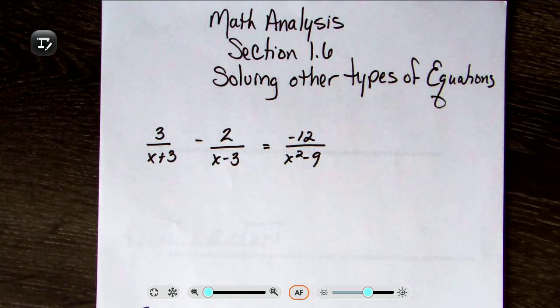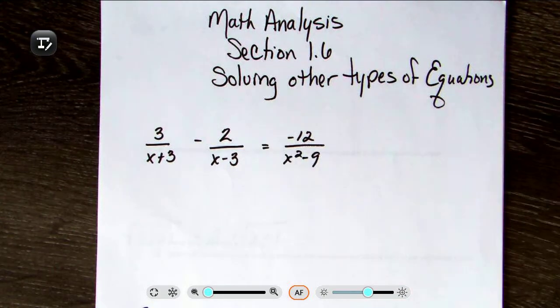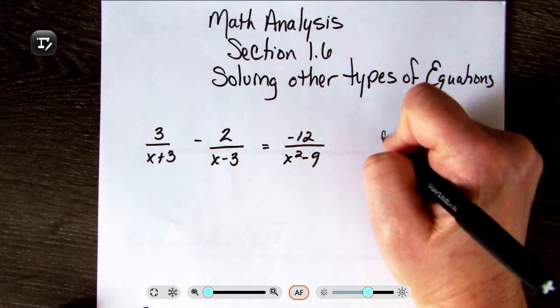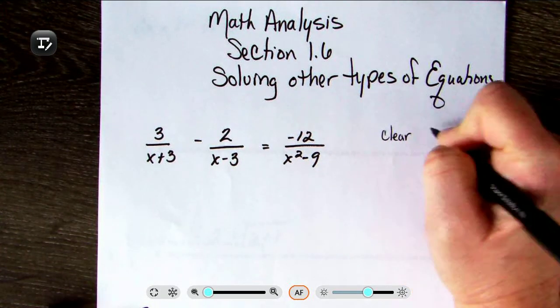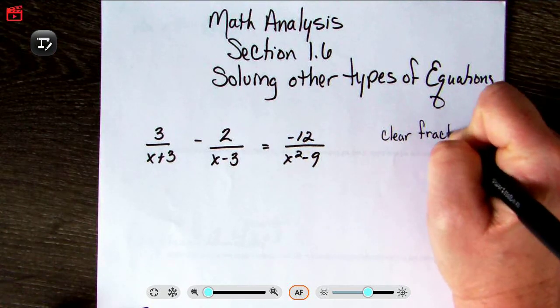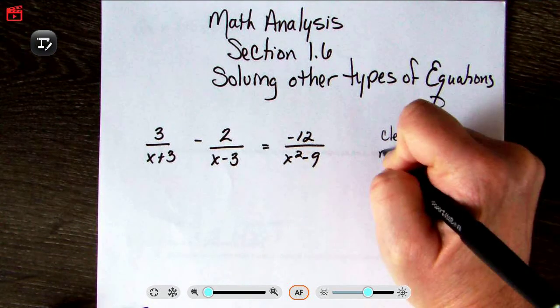So here's our first one. We have 3 over x plus 3 minus 2 over x minus 3 equals negative 12 over x squared minus 9. We do not like to deal with fractions, students, they are complicated, messy, so what we're going to do is clear our fractions. So we clear the fractions by multiplying by